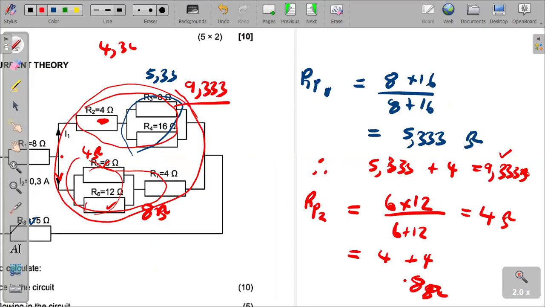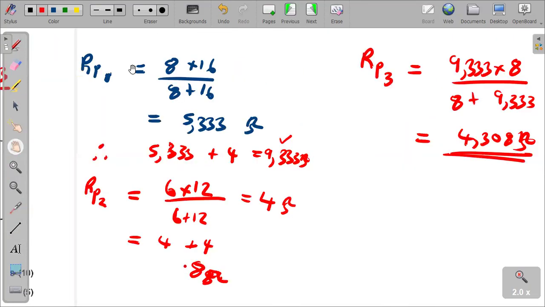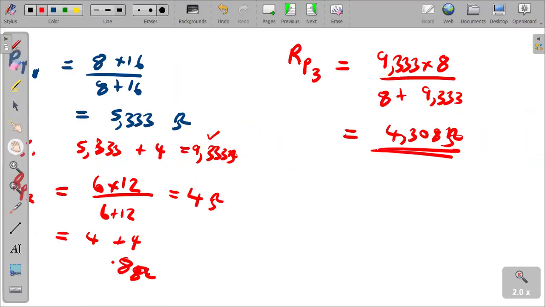4.308 ohms. Right, now that 4.308 ohms that we've just gotten, what is it to R1 and to R8? It's now in series with both of them. Therefore, we can now use the 3 resistances. We now have this effective resistance plus R1 plus R8. They now mark our RT, the total resistance. So we now say RT is equal to the first one, which is 8,